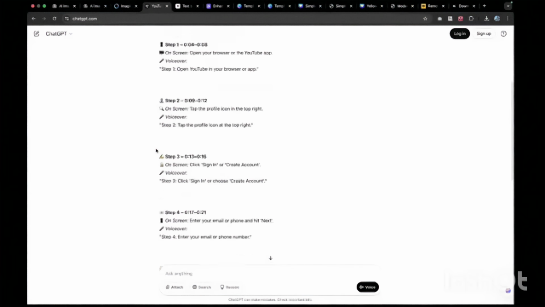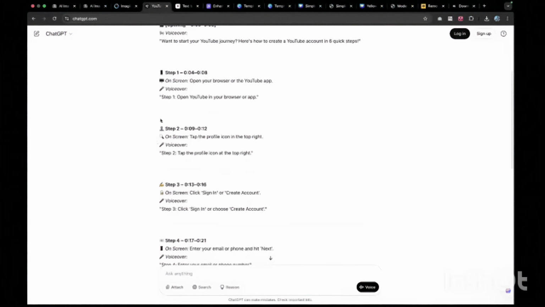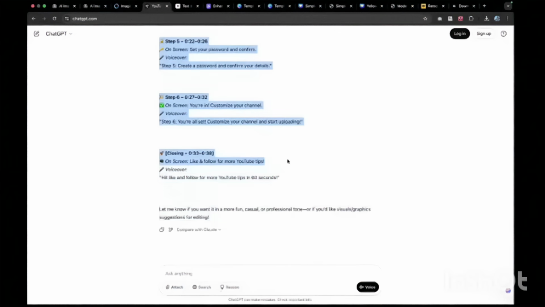Now look at this. Let's go over it. The first thing it says is step 1. It gives you the time duration to put that thing on the screen. It says on screen, open your browser or YouTube application. And step 1, this is really rigorous, and this would not make sense, because let's test this out. If we copy this input given to us by ChatGPT, let's copy it,